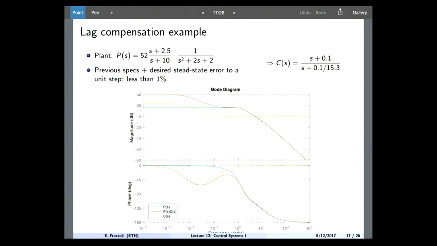But now, on top of that, I want the steady state error to a unit step to be less than 1%. I don't want it to be 0, so I don't need an integrator. But I want it to be less than 1%. What this means is that, essentially, if I want the magnitude of the error to be